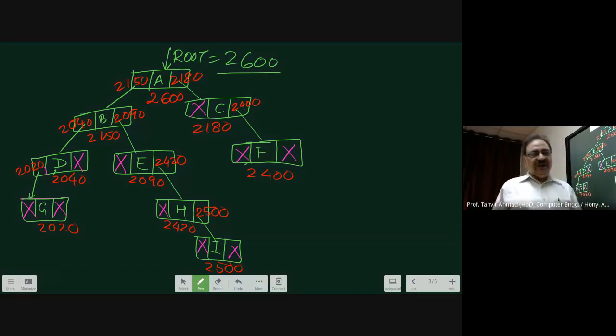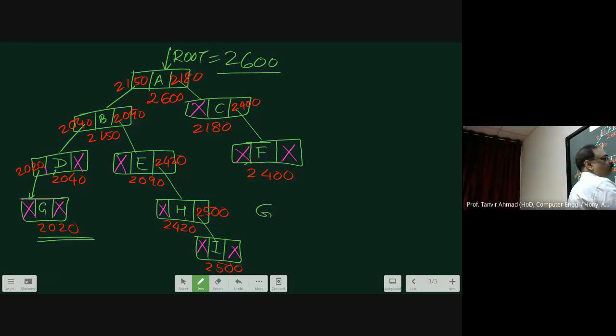You come to B. Then again the left of B is 2040. You again come to D. Then for the left of D, you come to 2020. Therefore, you come to this place. And you find that there is no left, then you print G.